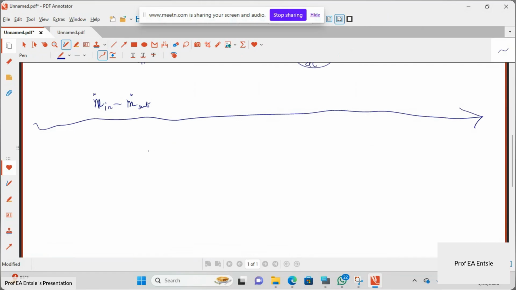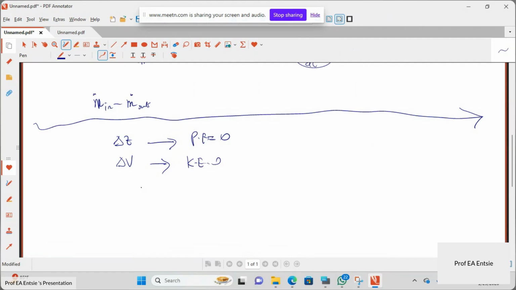For a closed stationary system, you know that there is no change in height. There is no change in what? Speed. So it means that the energy due to change in height, the potential energy, is zero when you talk about stationary systems. And the kinetic energy too is what?